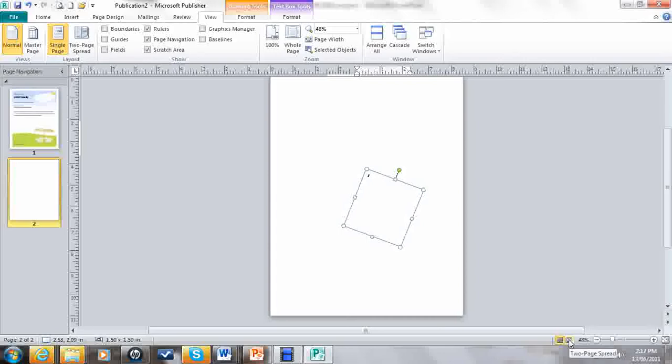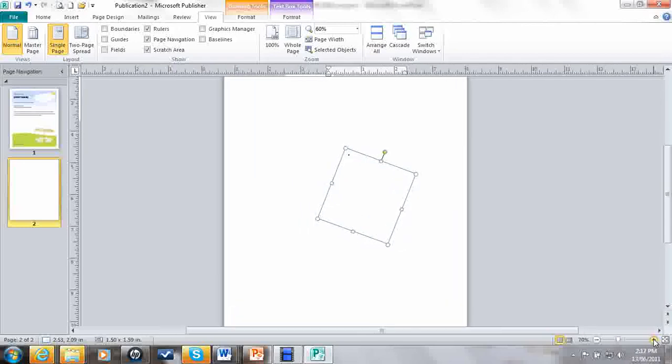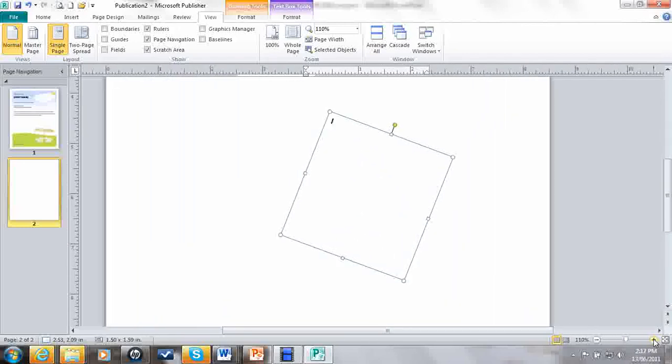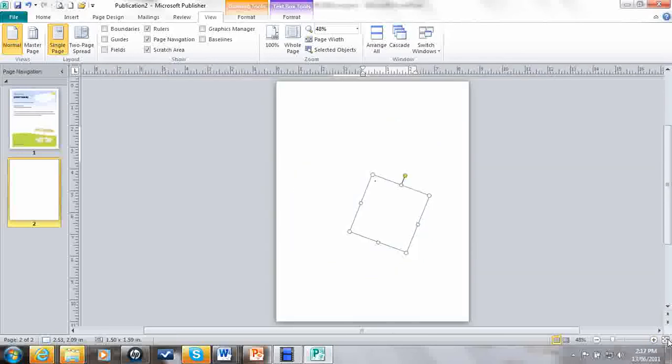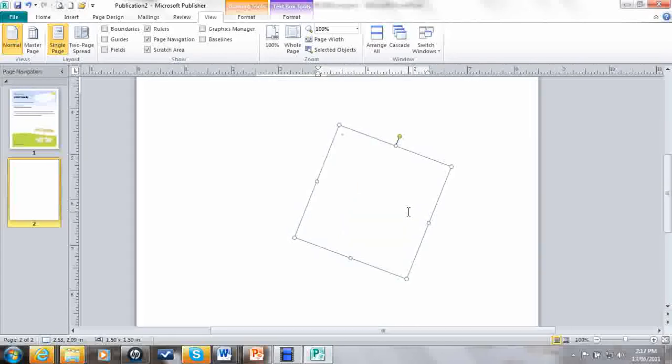But there again, it's just down here if you want to change it without having to click out of the tab that you're in. We have our zoom down here, so we can zoom in or zoom out. Whenever you're working in Publisher and you're drawing something, always make sure that you zoom right in so you can see it nice and clearly. If we click on this now, it will go back to whole page. There's also the F9 option, so if you press F9, it will zoom in and show you it closer as